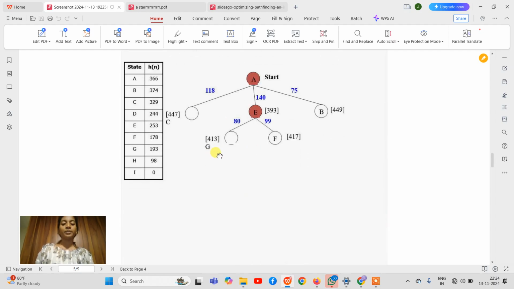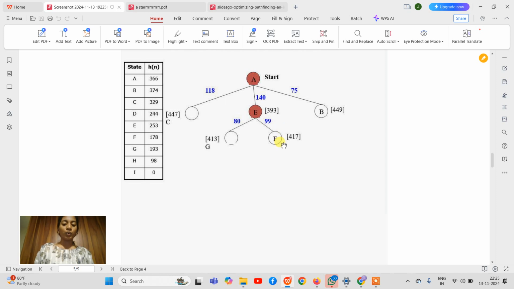When we explore it, we'll end up in two more nodes, which are G and F. Now we'll see the heuristic value of G, which is 193, plus we have to calculate the value of starting from the start node to G through node E, which is 140 plus 80. So we'll add both of these values: the heuristic value of G, which is 193, plus 140 plus 180, which is the cost required to travel from A to G, and we'll end up in